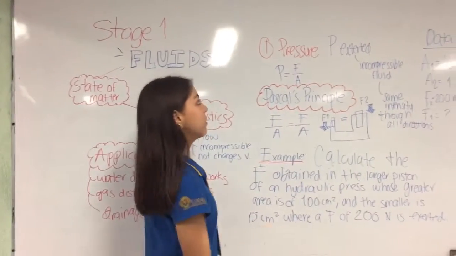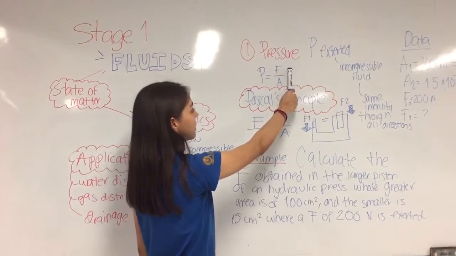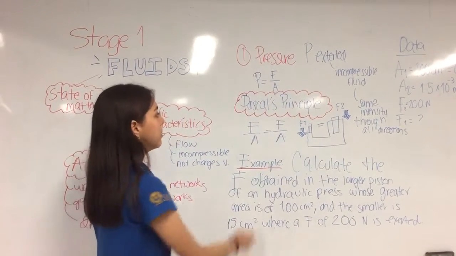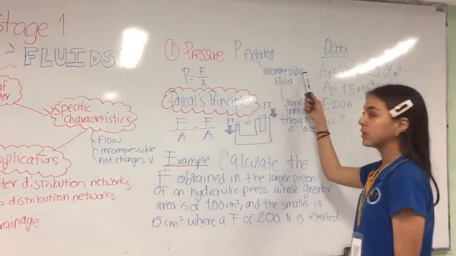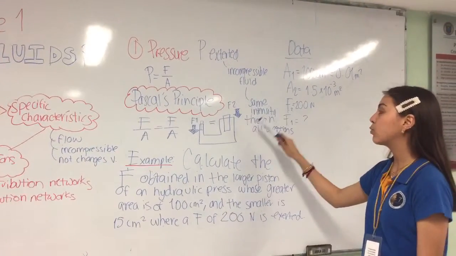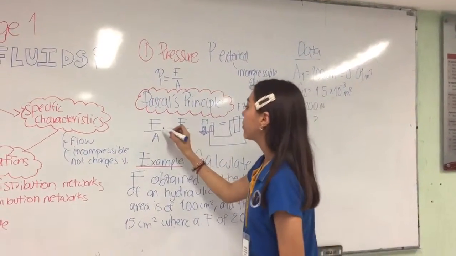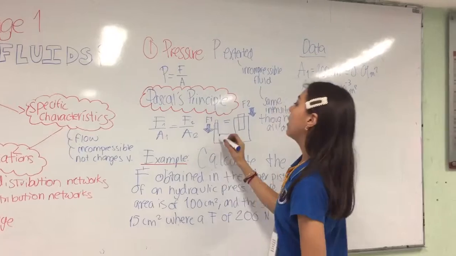I'm going to talk about pressure. Pressure is calculated by the force that is exerted over the area where the force is exerted. I'm going to talk about Pascal's principle, which states that the pressure exerted on an incompressible fluid flows in the same direction and with the same intensity through all the directions of the container. So this states that force 1 over area 1 is equal to force 2 over area 2, like in this